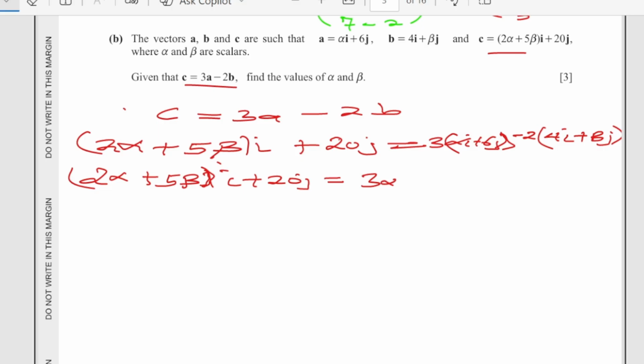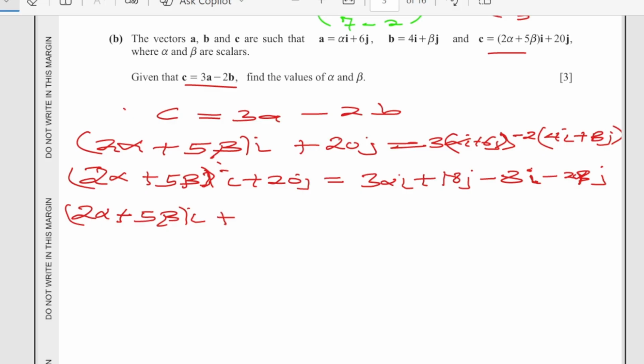So this one gives me 3 alpha i, then plus 3 times this, I have 18j, then minus 2 times this, that's minus 8i, then minus 2 times this beta, that's minus 2 beta j. This is the i-axis, i column. All right, remember this is 2. Okay, this will give me 2 alpha plus 5 beta